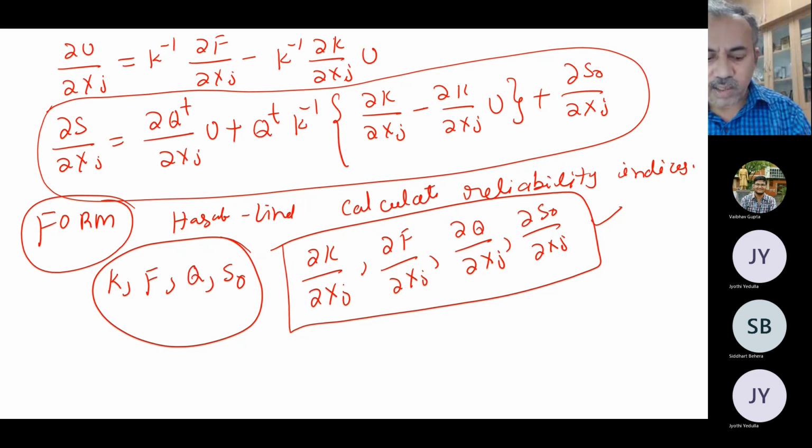And the stochastic FEM is a much more efficient method compared to Monte Carlo and other methods. You can do things very easily. With Monte Carlo, there is no need to write this subroutine, but you have to run your program 10,000 or maybe 1 lakh times. But here, if you write a small subroutine for calculating the derivatives, then the reliability analysis becomes very fast, and it is a computationally efficient method.